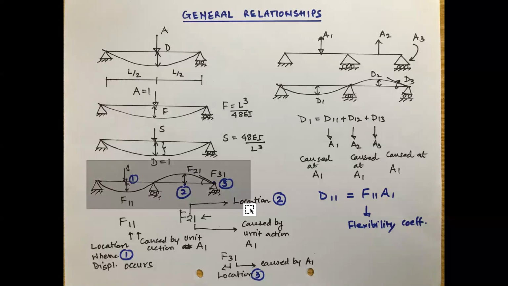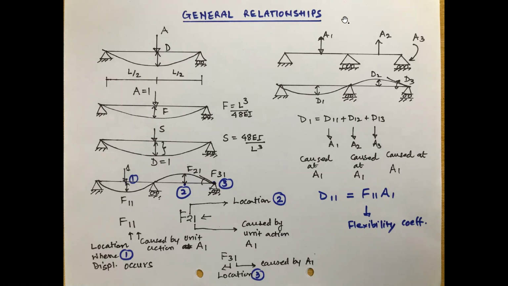So let us assume there will be flexibility coefficients which we are interested in calculating at the locations where loading is applied or at the location where we want to calculate the deflection. In our methods of flexibility and stiffness, we have the locations only at joints and supports. This I have shown in the middle of the span just for concept purposes. Later on, in whatever examples we do, we will be calculating only at the supports: this support, this support, and this support.